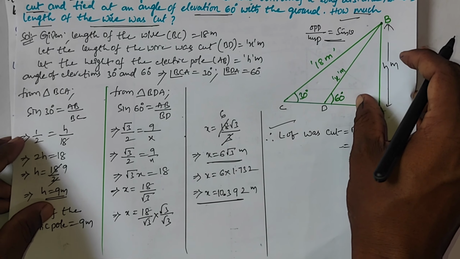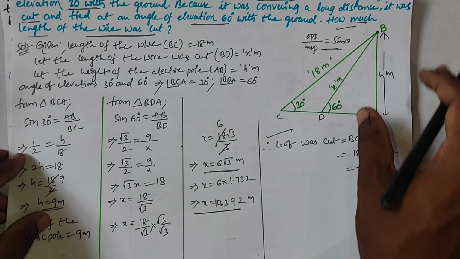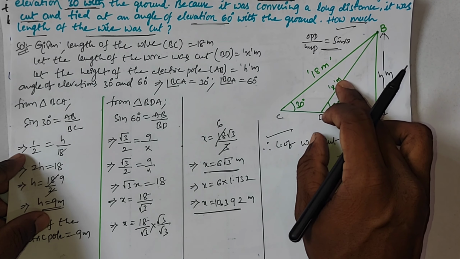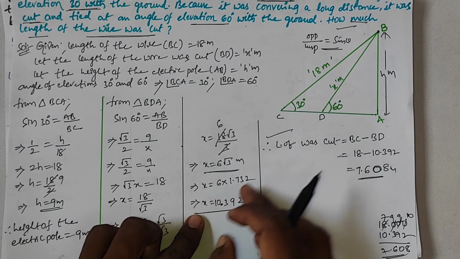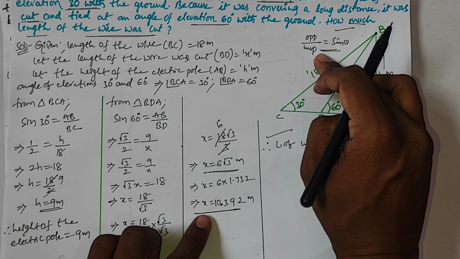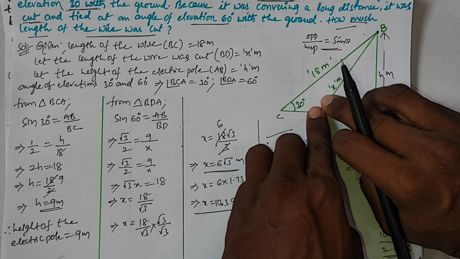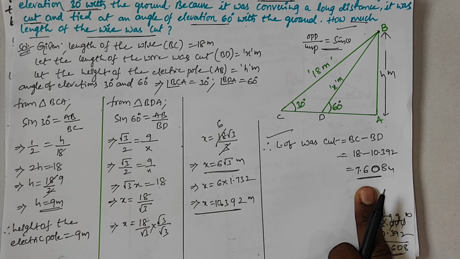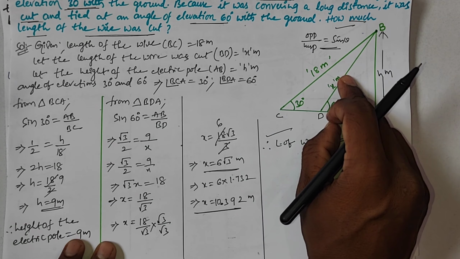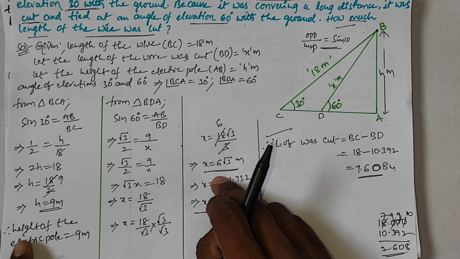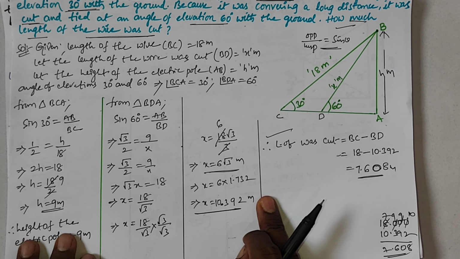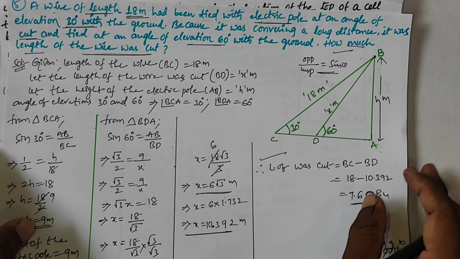So to understand this one, I took here x. If you want, you can take directly 18 minus x, you will get the same answer. To understand, I just took x, and after finding x, I am subtracting it from 18. Or else directly you can consider 18 minus x and you will get the answer 7.608. But if you take it like that, you have to do multiplication with root 3. That's why I explained here in the long method. Okay, this is about question number 5.